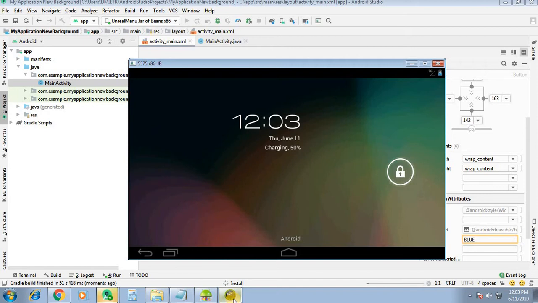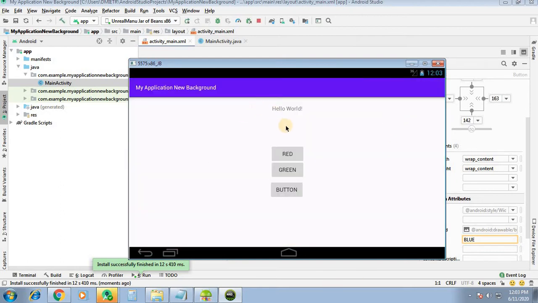It will launch the activity very soon. Now you can see here is Hello World, red, green and blue buttons. So when I click on red, nothing is happening, so we have to add the functionality to this.